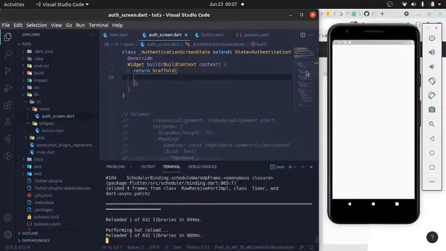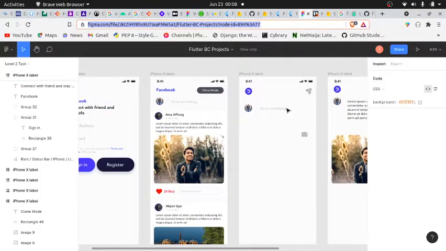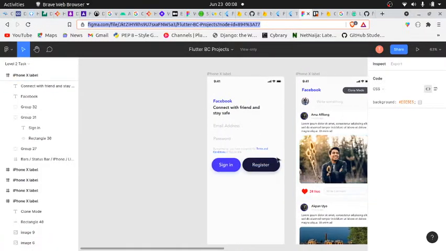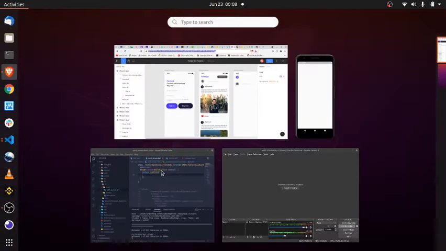Hi guys, so in today's tutorial we're going to try to achieve this UI that we have here. In order to achieve it, in the previous video we picked out resources that we're going to be needing for this particular course. So we already have every UI element we need, so colors, icons and all. Now what we want to do is to actually achieve this UI, and I've already gone ahead to create